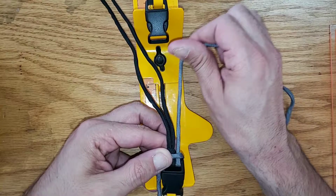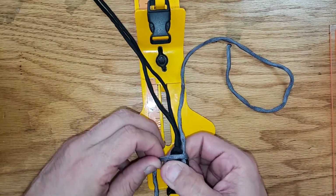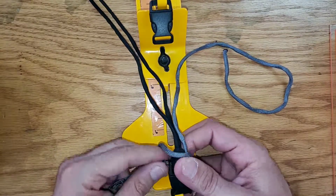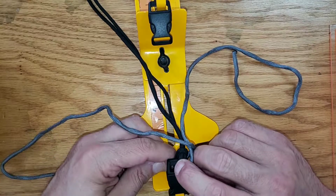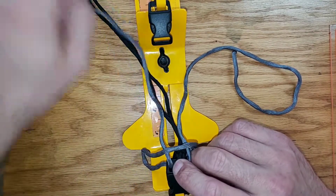This will start that first end of the reverse cow's hitch, this one, and then you're going to take the other end and repeat the process. You're going to bring the cord up from underneath, and do the same thing. Bring the cords through,